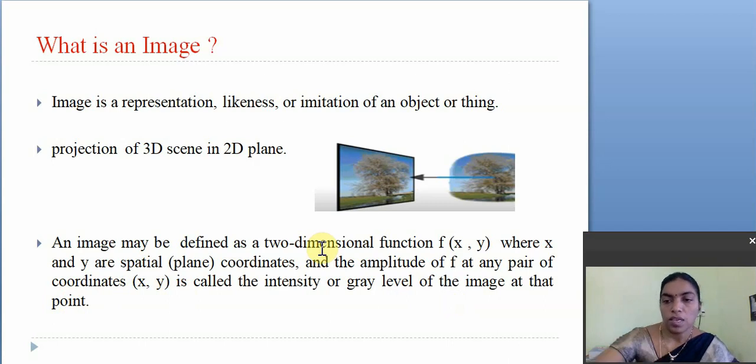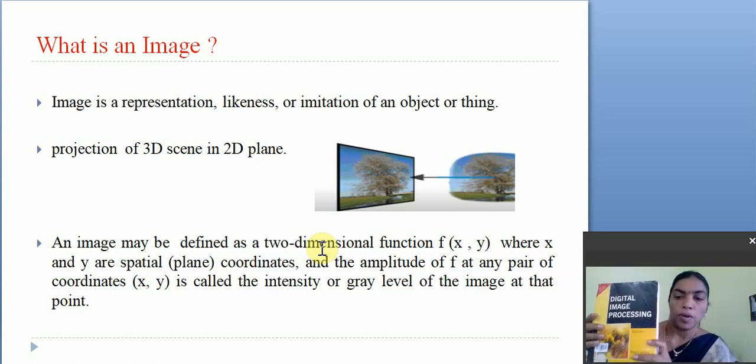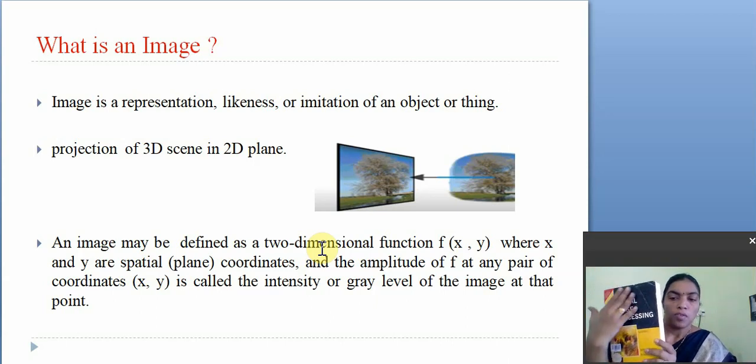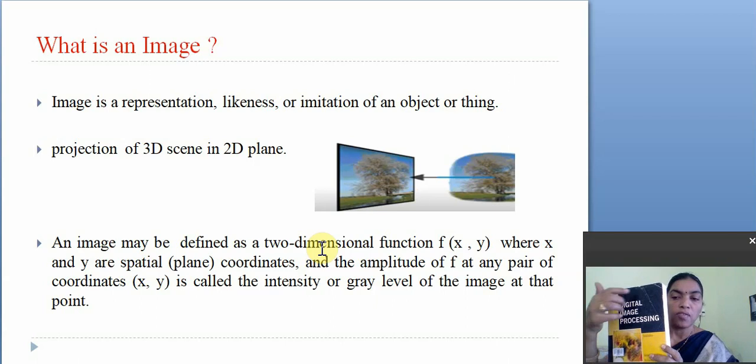If I take one image, this is the image. If you observe this, so many colors are there, so many intensities are there, right? So color means different values, and those values change like this.